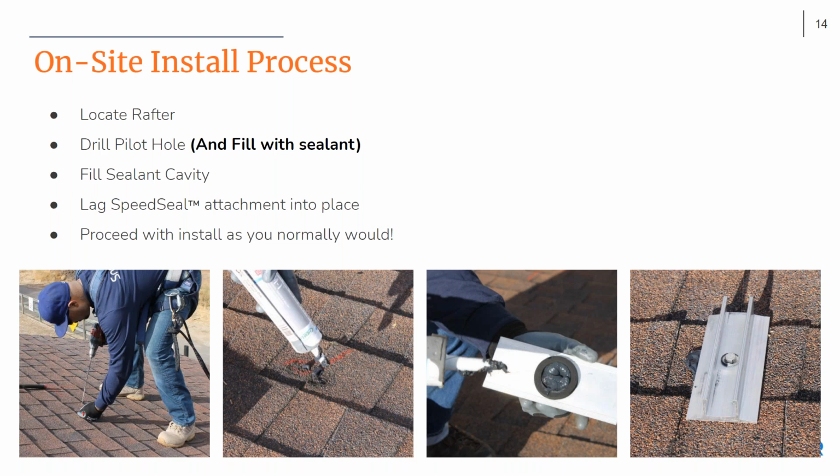Then you really can avoid missing rafters. But it's really important to locate rafters immediately on the job. And a best practice is to actually snap a string line along that rafter so you can follow it down, so you're not having to hammer out every single row of attachments.